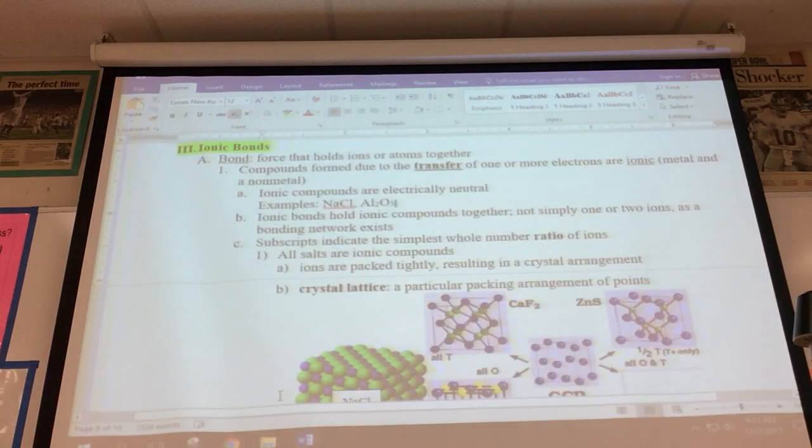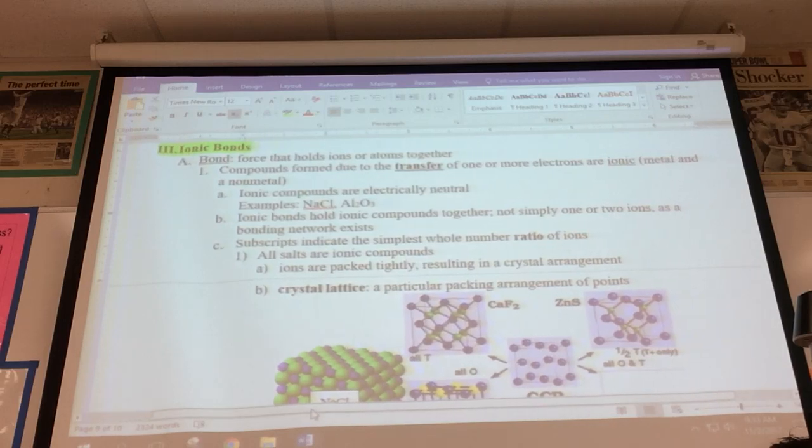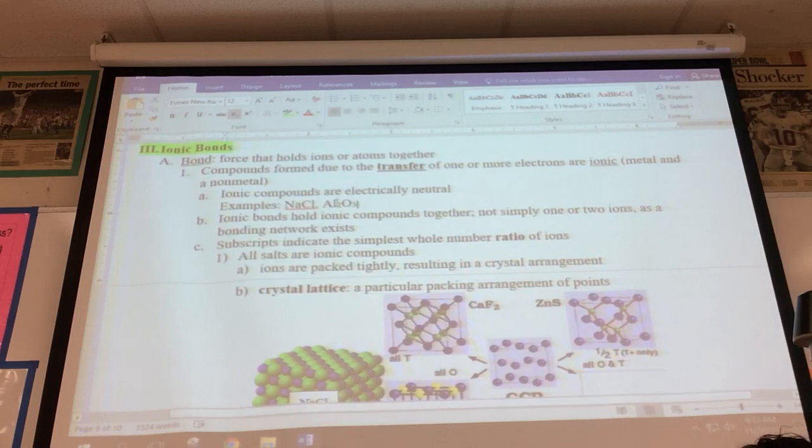So we know a bond is simply a force that holds ions or atoms together. And in the case of ionic compounds, you are holding ions together. When compounds are formed due to the transfer of one or more electrons, the compound is ionic. We know the metal loses electrons, the nonmetal gains electrons. For example, in the case of sodium chloride,